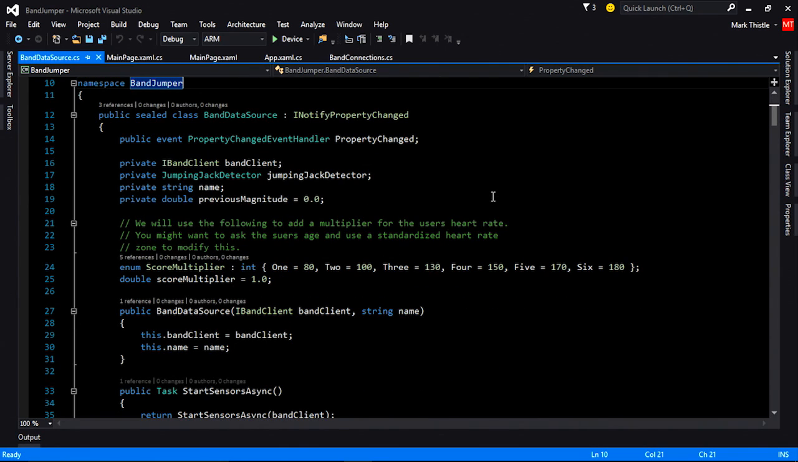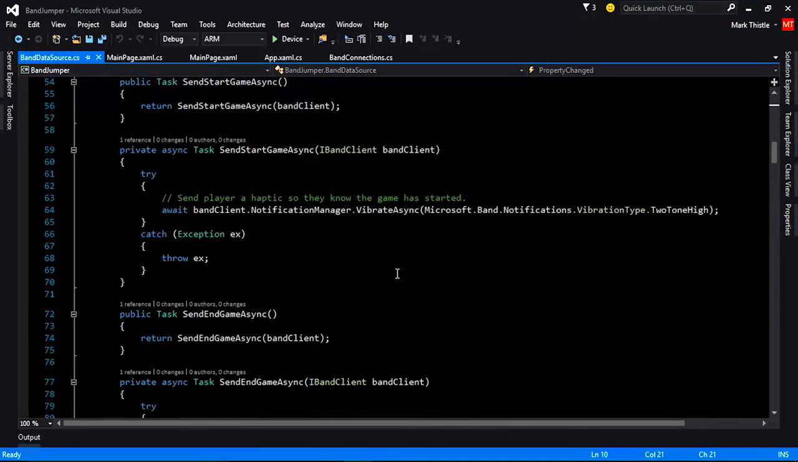So when the game begins, we're going to send a haptic to the player. I've put that information into the band data source. Send start game async is going to send a vibration or a haptic to the band using notification manager vibrate async using the